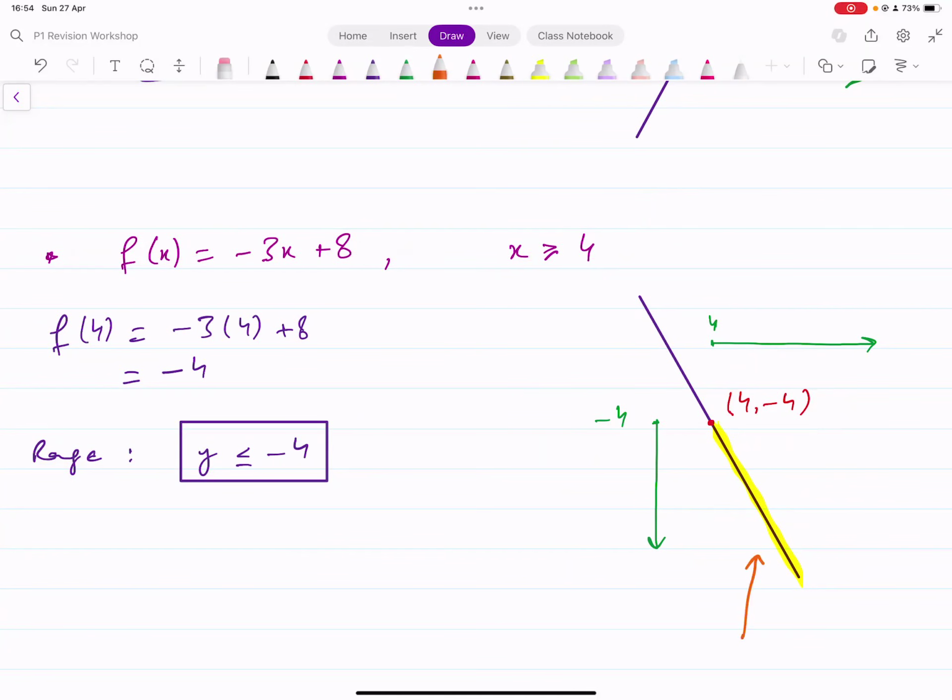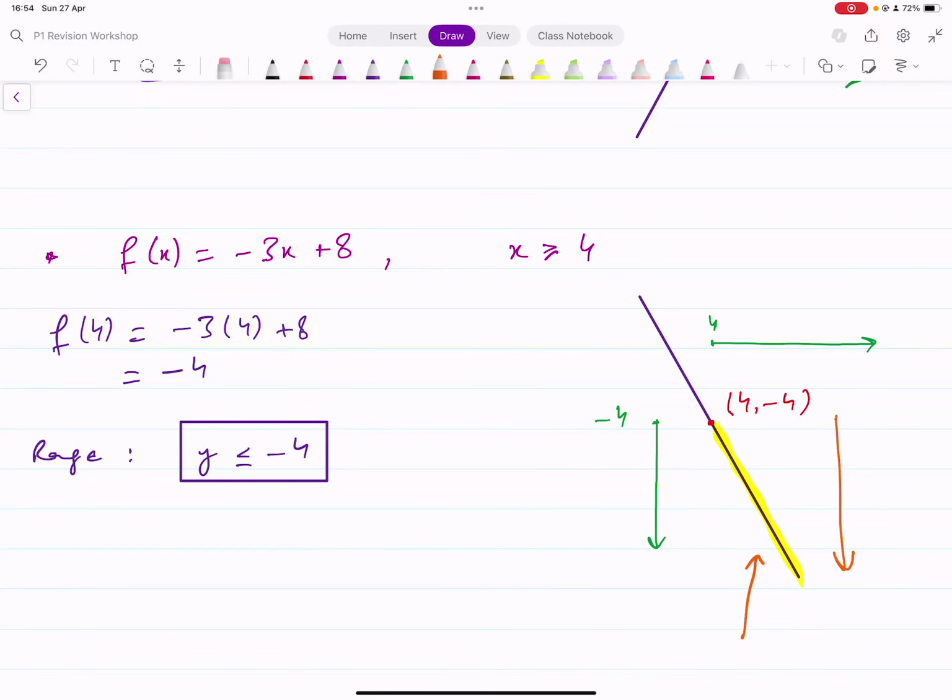Look at the yellow part. What's the range of the function? It's going to be below minus 4, less than minus 4. Remember, range tells you about the values of y. Values of y means vertically how far can you go in the upwards direction and how far you can go